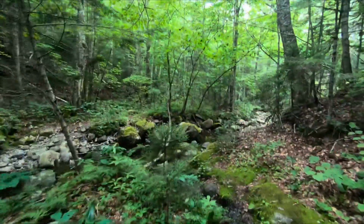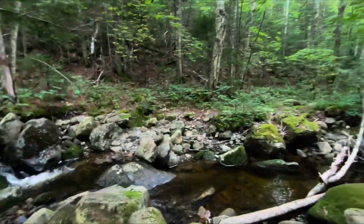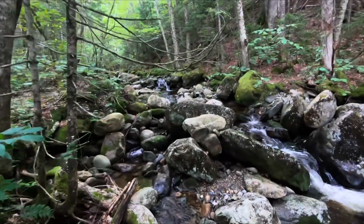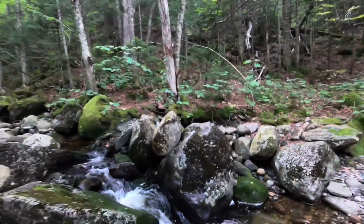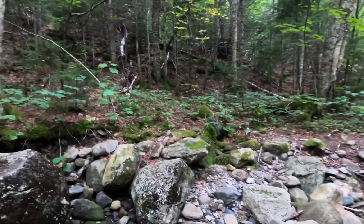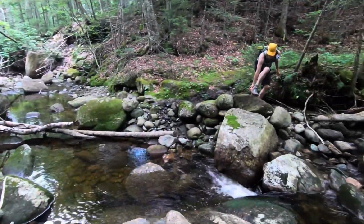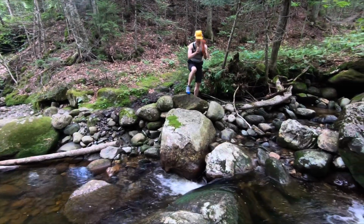We're about a mile and a half from the car on Eliza Brook Trail, and this is the second crossing. I think there are 3. So, whew, just got my foot in. All right. Boom, boom, boom. Good. What's happening? Rocks? Okay, so